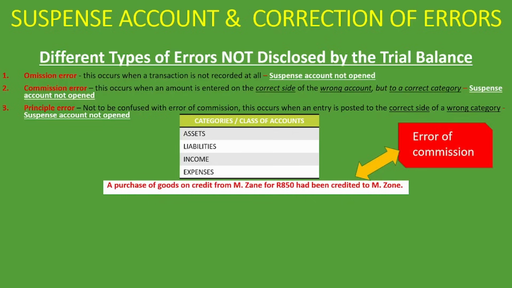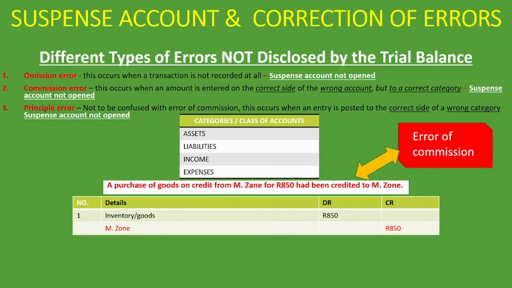Why is that? It's because the error is in a correct category, meaning we credited liabilities, because our suppliers whom we buy from on credit are liabilities. So here's what we did. We debited inventory, which is correct, 850 Rand, and instead of crediting M Zane, we credited M Zone for 850 Rand. So we're still within the correct category. We credited our